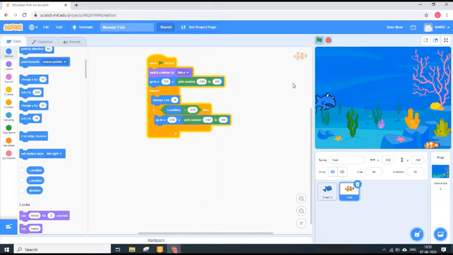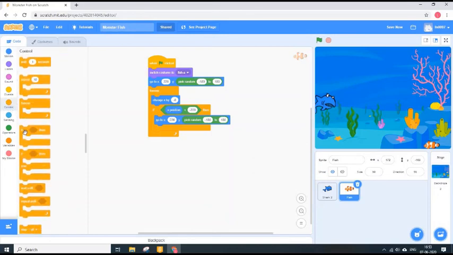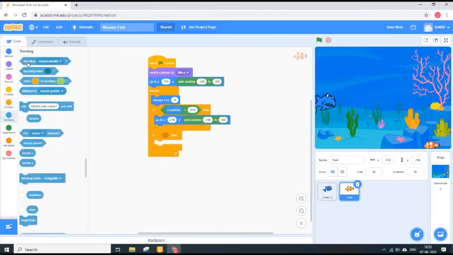I'm going to stop my code, and now we have to tell what happens when the fish touches the shark. So another condition, another if then block, and this time touching the shark is a sense. So I'm going to sensing, and I'm going to bring this button which says mouse pointer, and in the drop down I'm going to select shark 2. So this reads as, if the fish touches the shark 2, then what has to happen? Even after touching the shark 2, this has to go back only.